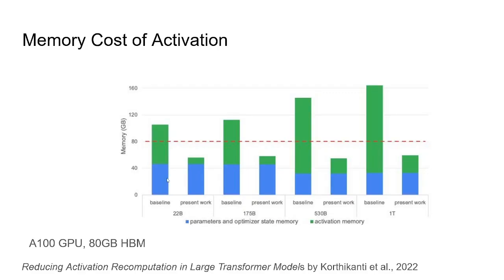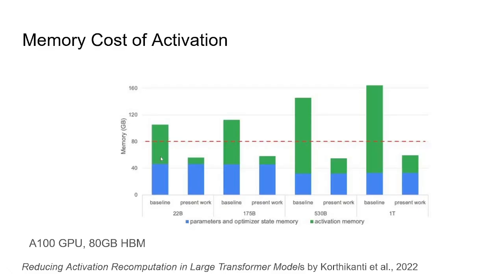What this shows is that if one were to save all the parameters and the optimizer state along with all the needed activations, then it wouldn't fit in an A100 GPU with 80 GB of memory. On the other hand,